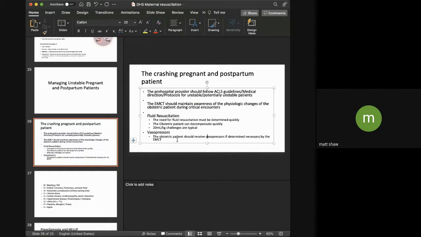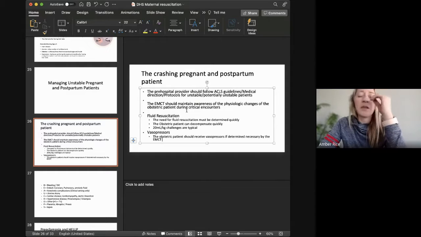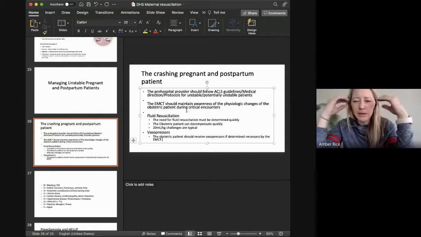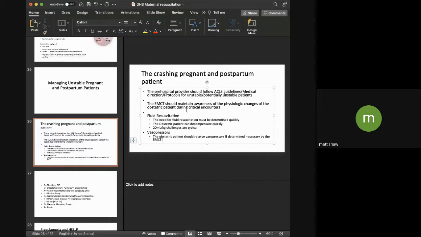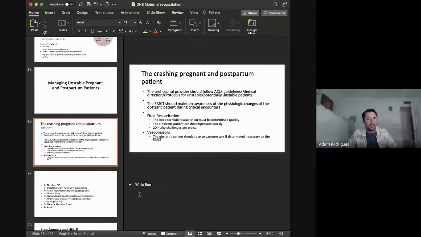Yeah, I think ultimately though they're going to be constricted by what they carry and what their protocols say. I don't think that there's any reason not to give it though, right? No, not that I could find anyway. Okay. I don't think so. The scenario in which you're pushing a pressor is only reserved for a couple of different items, and so I don't think it changes. I don't think a pregnant patient changes those scenarios. Like you were just saying, is there a reason we don't give dope? I don't think so. Yeah.